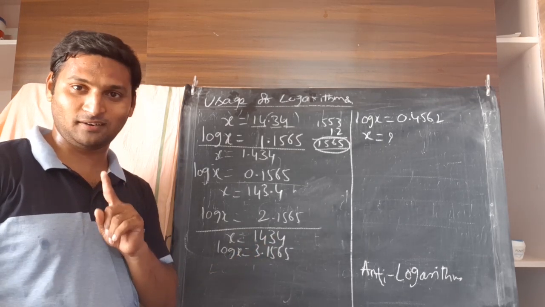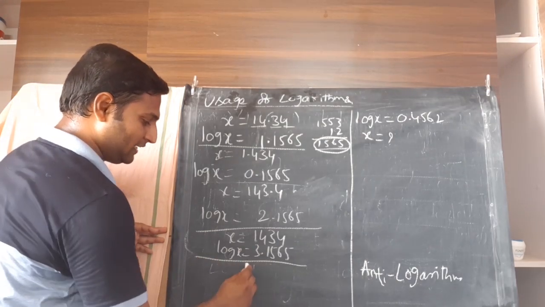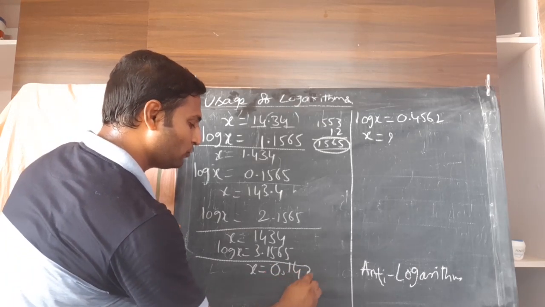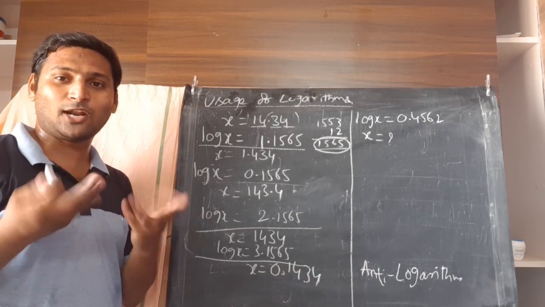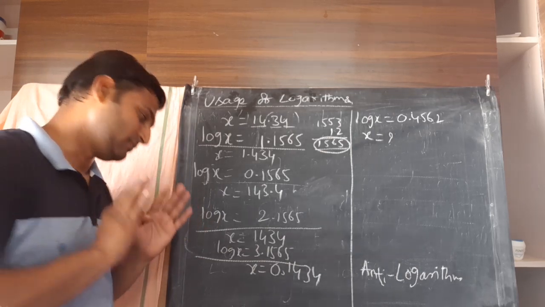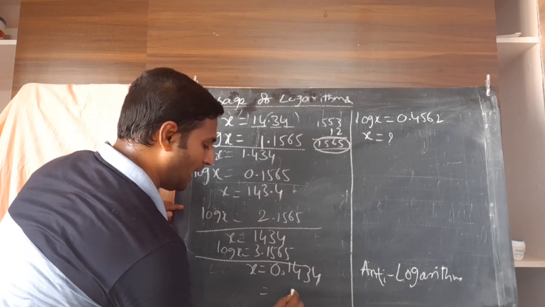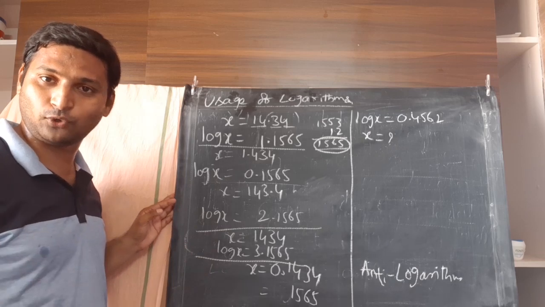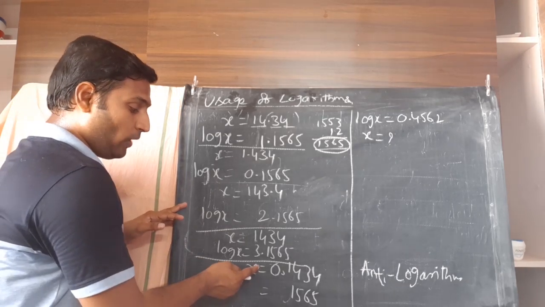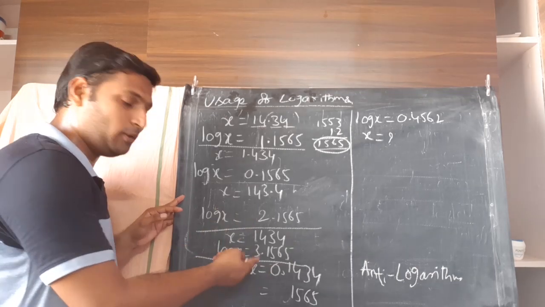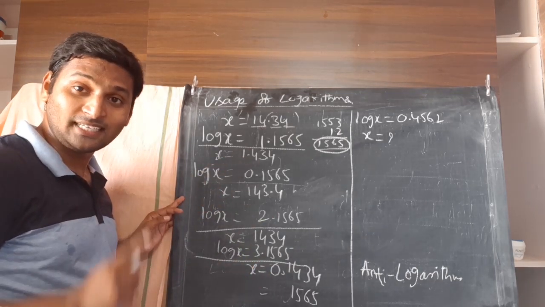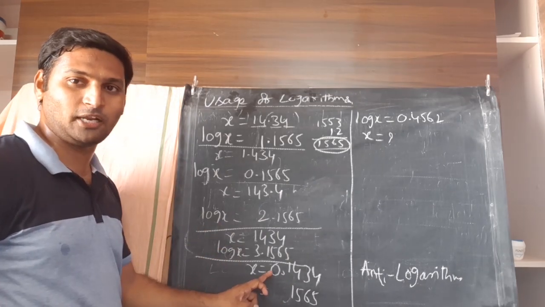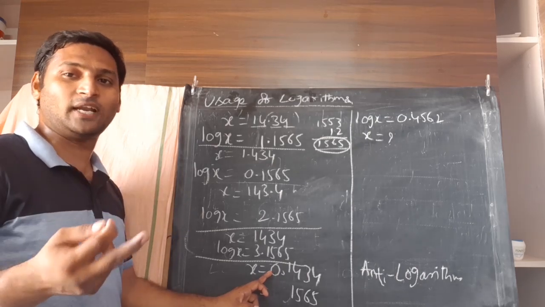What if, the last one I will be discussing, the x value given to you is 0.1434? Look at that. There are no digits before the decimal, it is 0. As usual, your mantissa will be 1565 only because the digits are the same. So you will say 14 under 3, mean difference 4. So 1565. When it comes to the characteristic, here you will be using 0 minus 1. Because there are no digits before the decimal, you call it 0. 0 minus 1 is minus 1.